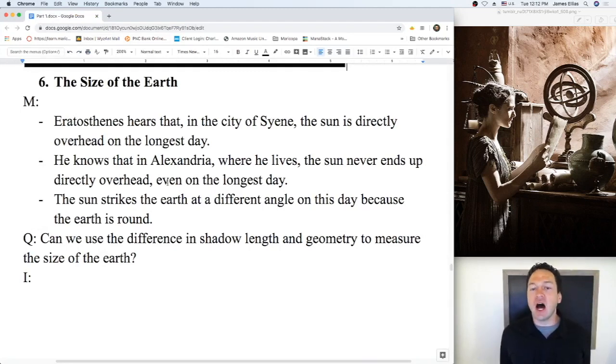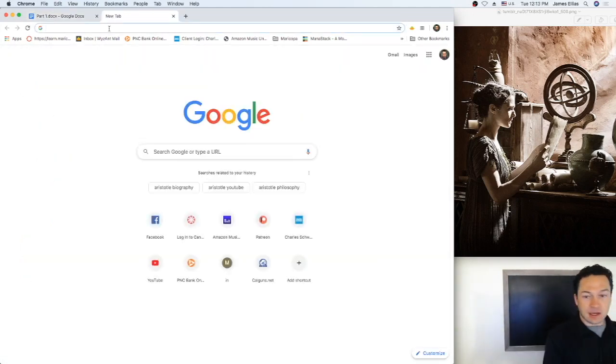So here's what Eratosthenes is thinking. Eratosthenes hears that in the city of Syene, the sun is directly overhead on the longest day. So let me show you. Let's see,